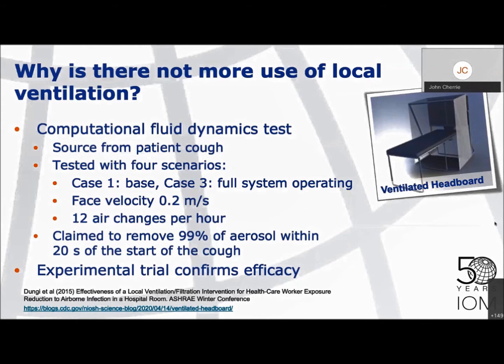Just so you understand a little bit about it, that's basically an arrangement where the bed is partially enclosed by a shroud, and air is extracted through the enclosure into a HEPA filtered system. In essence, it's really a sort of adaptation of a fume cupboard type arrangement that you might expect to see in a laboratory. So NIOSH developed this system and then tested it out using a computational fluid dynamics setup, where